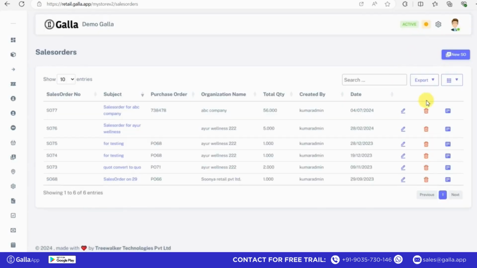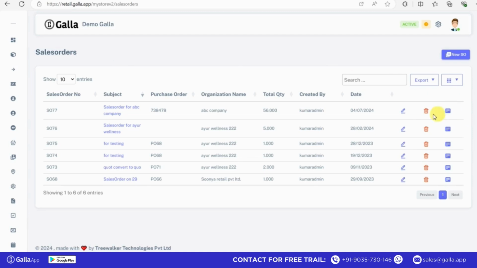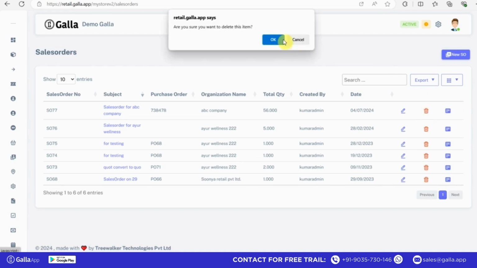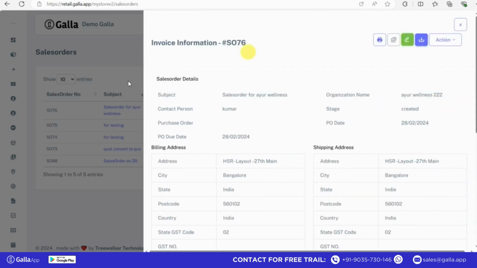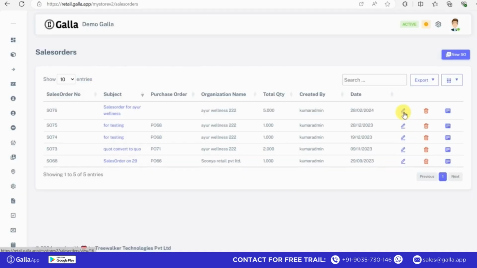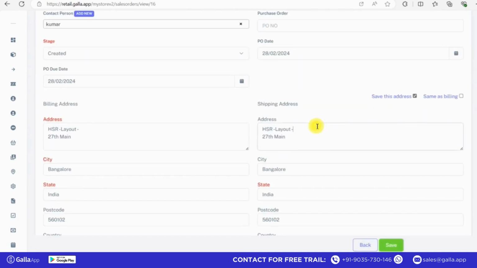Alright, now coming back to this page, this we have already discussed. This consists of invoice information. If you click on the delete button or the icon, all the information that you have just created will be deleted. Now here we have the edit option. So if you don't want to go from here to here, there is simply a shortcut to edit the details. You want to edit the address, simply go to this icon, edit the address, click on save.